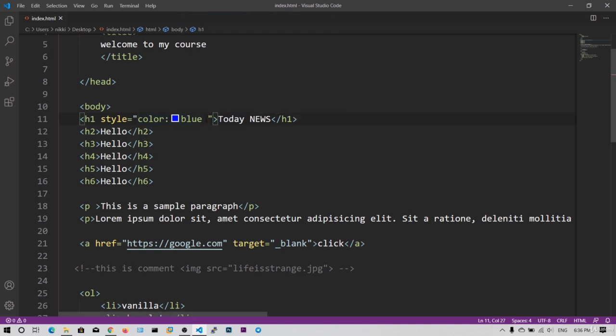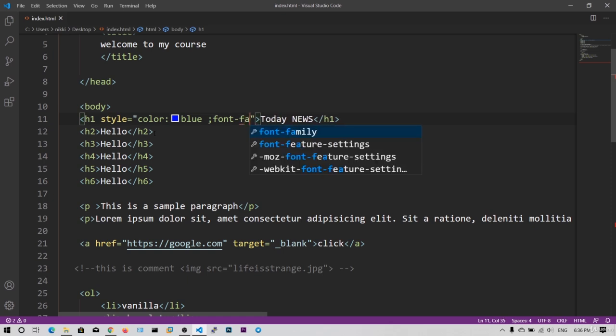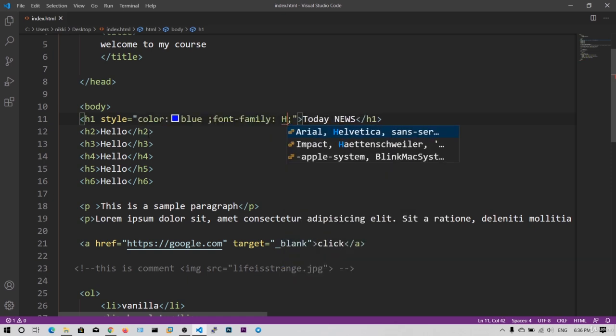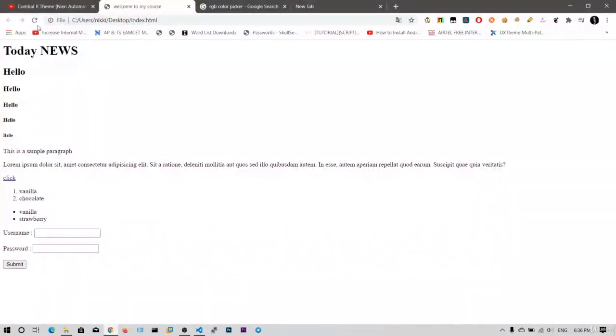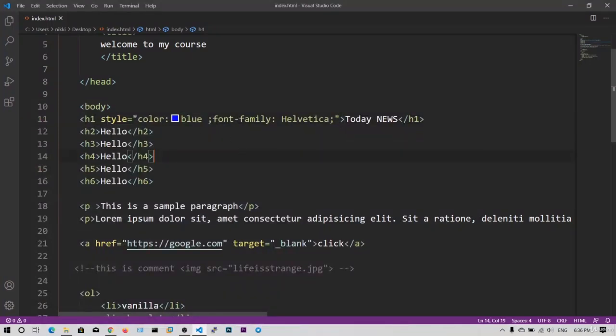If I want to add another property, I need to add a semicolon, and I want to say font-family. Font-family is equal to Helvetica. So what I did is I added the color blue and set the font family to Helvetica. Now if I refresh the page, you can see the font color has changed, and the font is also changed. It's changed to Helvetica and blue color. So this is one way of adding the